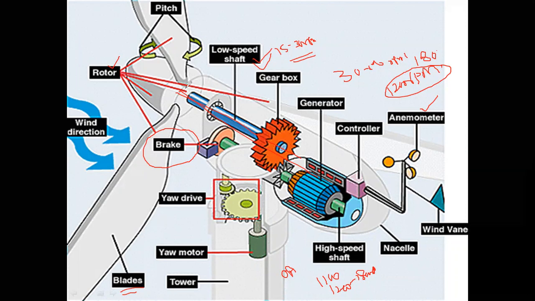To increase the lifetime of the wind mechanism, the braking mechanism completely captures the blade, so the wind blade is not rotating. And the yaw control is required. Here it only rotates within the 180-degree direction based upon the wind. The yaw motor and the yaw drive mechanism rotate based upon the wind direction, that is either east, west, north or south.